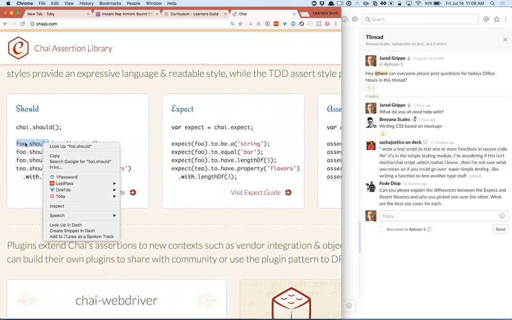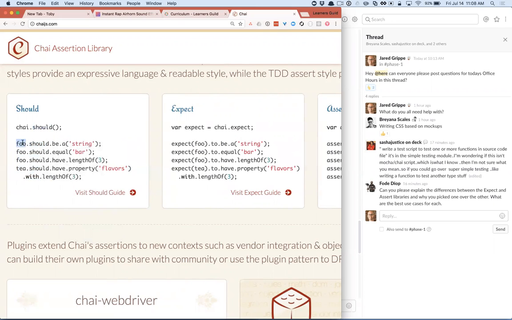What we're doing is every single object in the language now has been extended to have a should function or a should object on it. Every object in the language, right? So when I call chai should, it's doing some magic to go into every single object and give it this should property, right? And so that's really aggressive. That goes in and actually changes our code, right? It changes what properties are accessible on our objects.